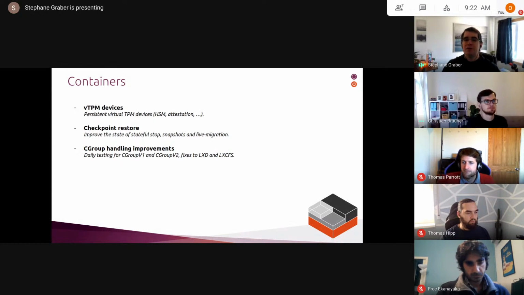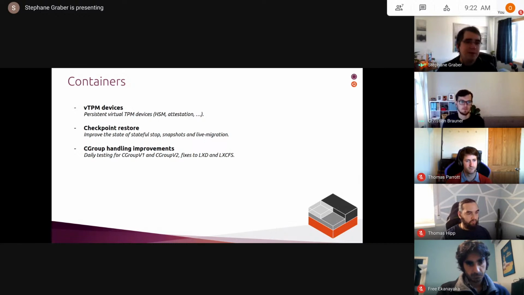Right. And then when LXD and CRIU work together to restore the container, they can make sure those devices are moved and renamed appropriately inside the container, and then things move on. That shouldn't be particularly difficult. I believe CRIU actually already supports doing that, but we need to make sure the plumbing works all the way so that LXD can pass that knowledge through and do the right thing.